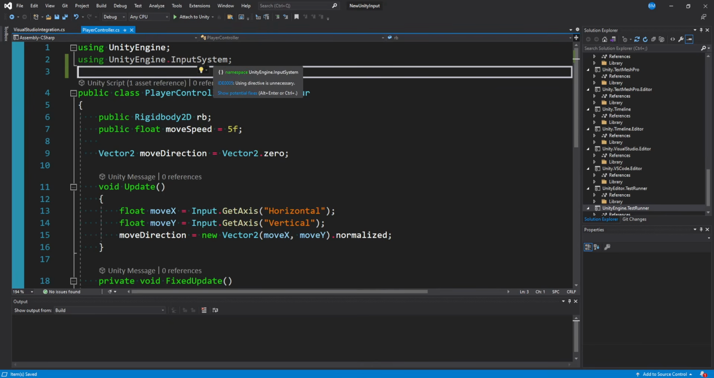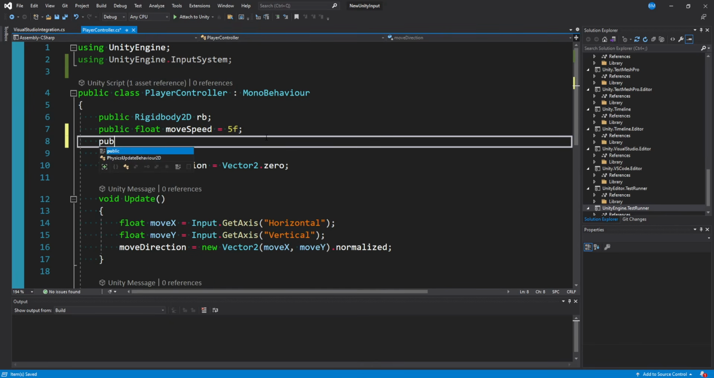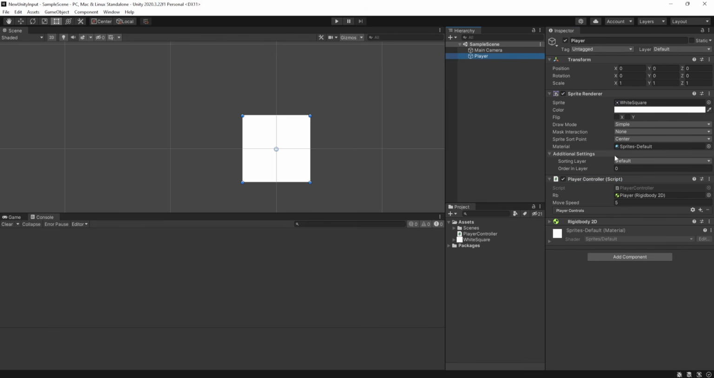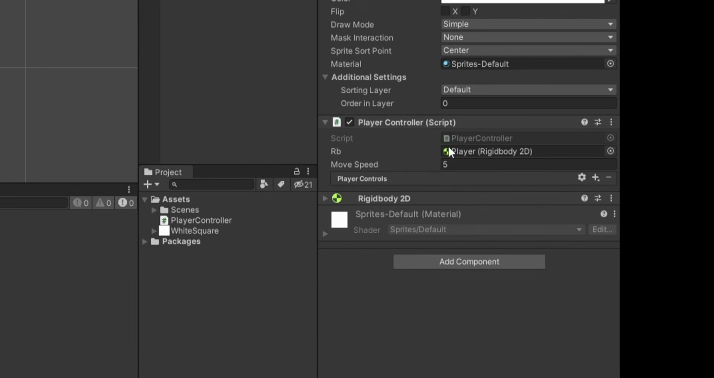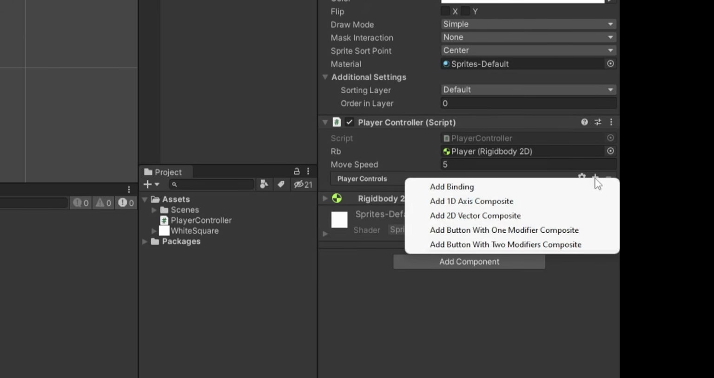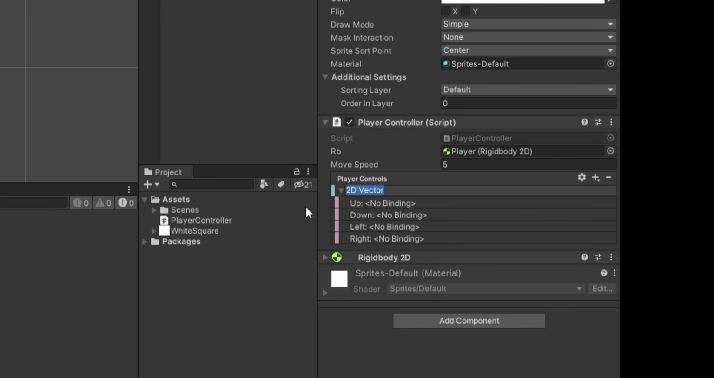So with our using statement at the top of the script, we can go down here and say public InputAction, and call it whatever you want, maybe playerControls. And back in the editor, if we go to our player controller script, you now see player controls as a variable. And so if we hit this plus sign, there's a bunch of different things you can make. But in terms of capturing a horizontal or vertical movement, what we want to do is add a 2D Vector composite, because this translates to a Vector2. And similar to the example, I can call this WASD for keyboard controls,